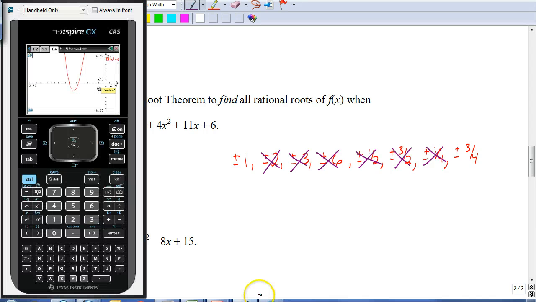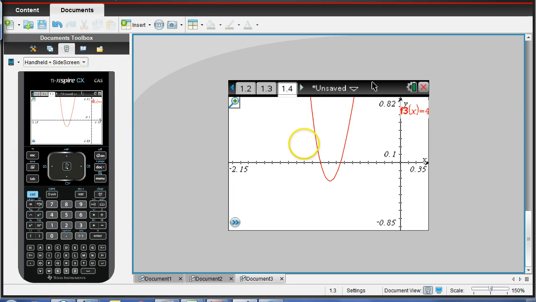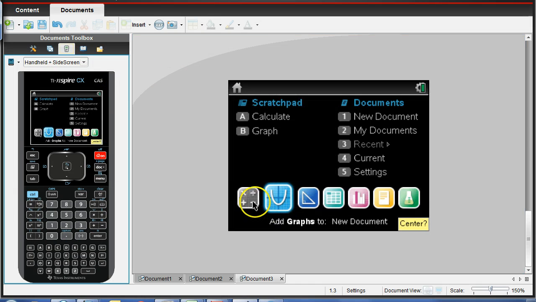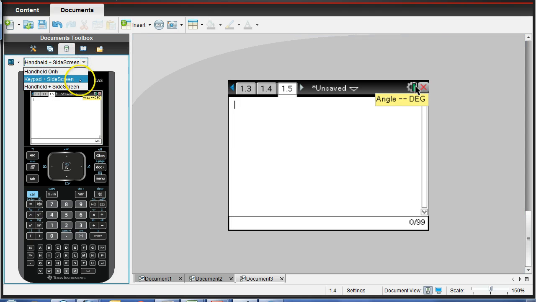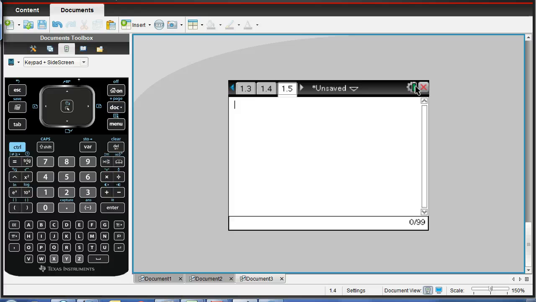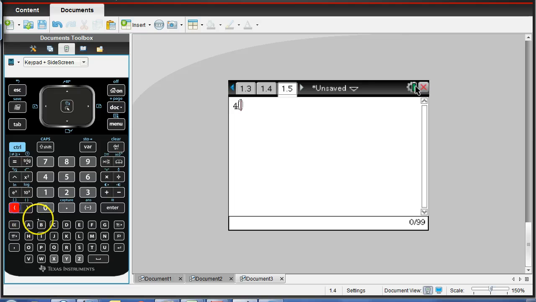Go to your calculator again. This time go to a calculator screen. And we're going to type in the equation, except this time we're going to replace x with -1. So it's going to be 4, and then parentheses, -1, parentheses to the 4th power. Move the cursor back down, plus 3, and then parentheses, -1. And this is going to be cubed. Move the cursor back down, plus 4x squared,